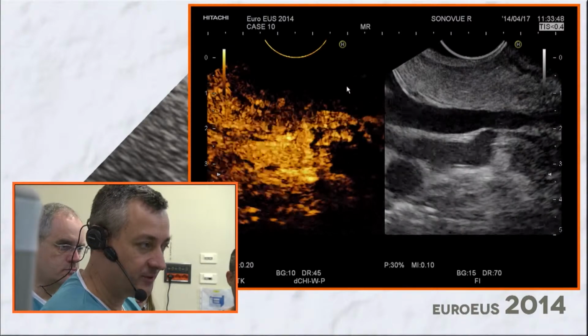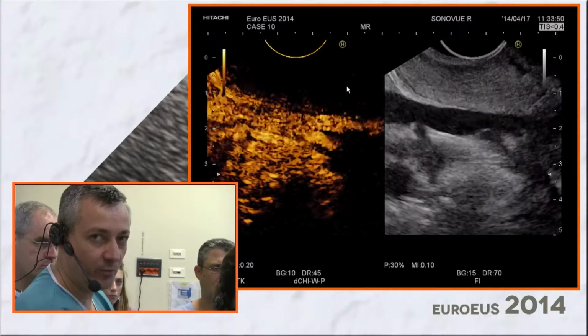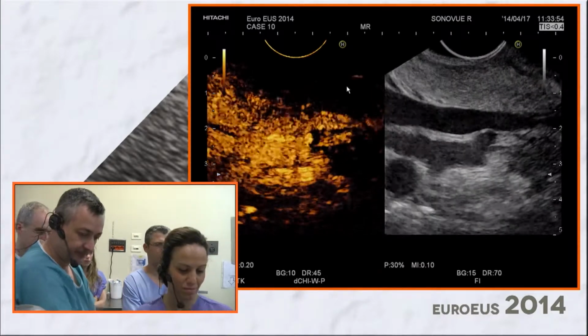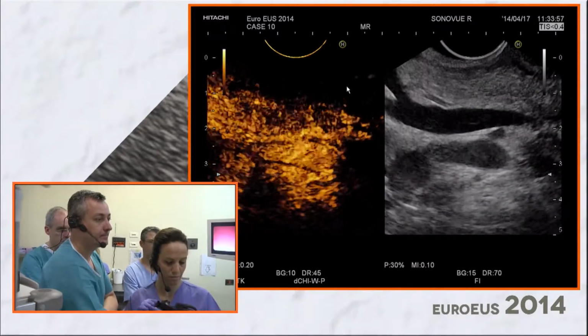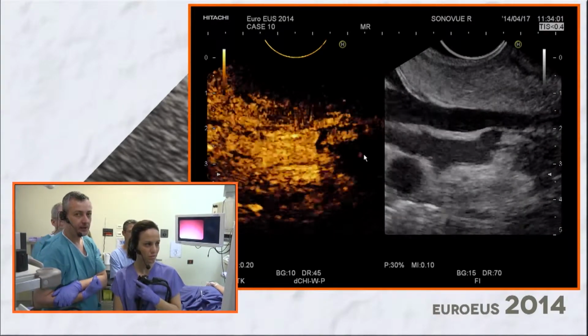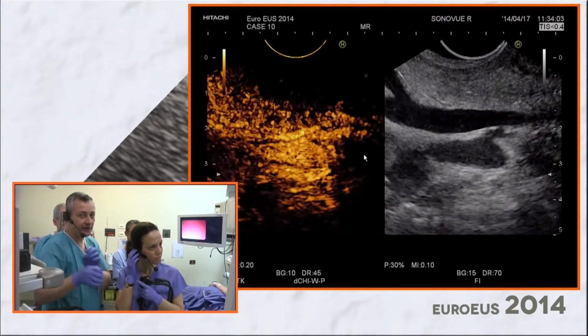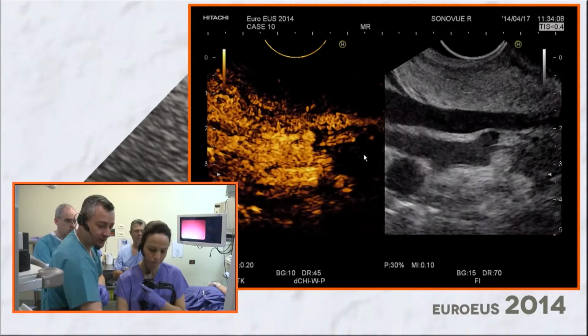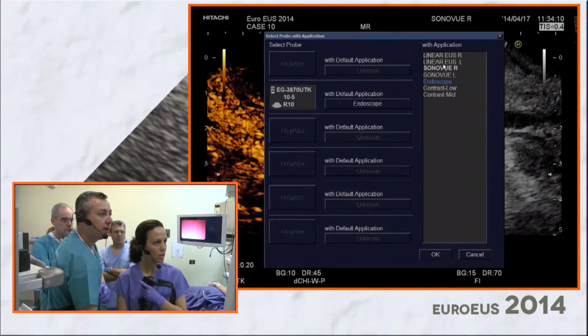So as Mara said before, this is an excellent demonstration with the synchronous flow in the arteries and venous system. Okay, we are waiting for the puncture now. So Mara will switch back to the, Dr. Savtoyo,